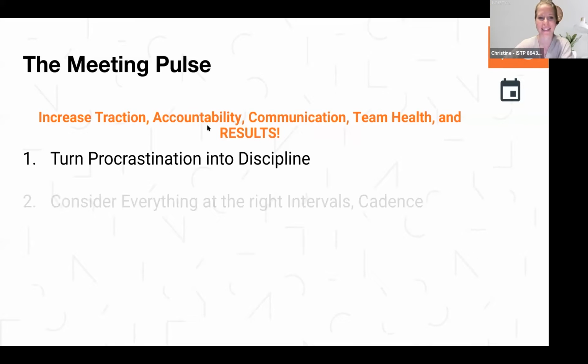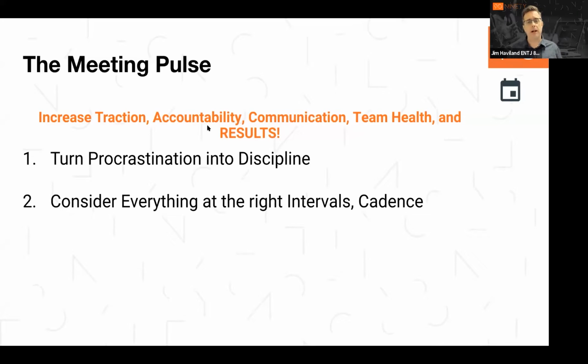Turning procrastination into discipline. This is the most important part. When I talk to clients, they say, I want to do EOS, but I'm not sure if I'm ready yet. I say, okay, here's how we're going to figure it out. You tell me something important you want to accomplish in the next 90 days. I'm going to call you in 90 days. If you haven't gotten it done, it's now, my friend, because that's one of the things that EOS delivers for you: turning that procrastination so you can focus on what's urgent and important and most important right now.